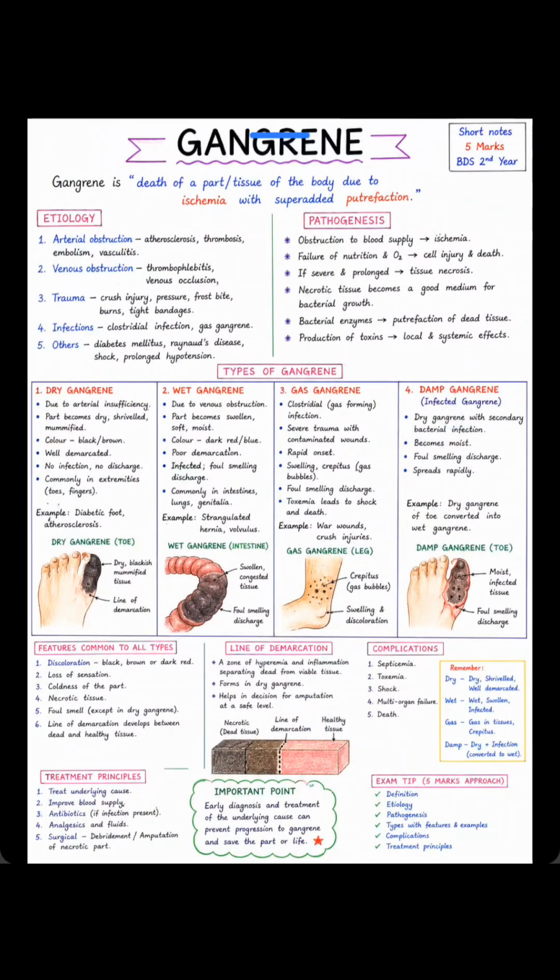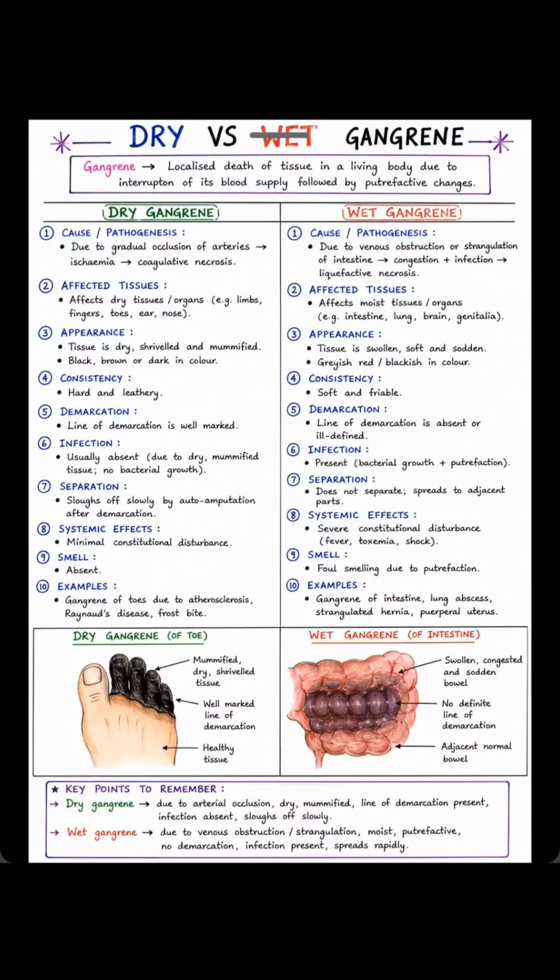Now comes dry gangrene versus wet gangrene, the ultimate comparison, and it is also important for the BDS second year university exam and NEET MDS. So line by line, to wrap up your long answer or viva question, let's look at the ultimate showdown, dry versus wet gangrene. Primary cause: dry gangrene is gradual occlusion of arteries, ischemia to coagulative necrosis,